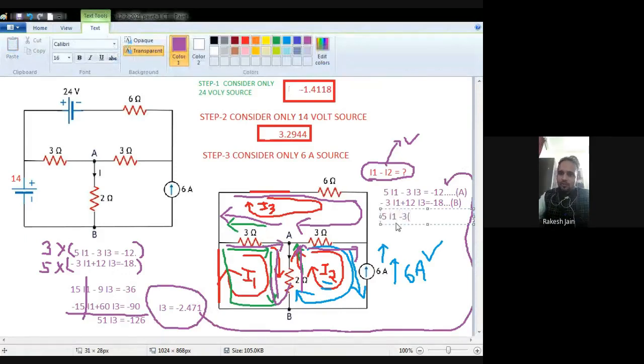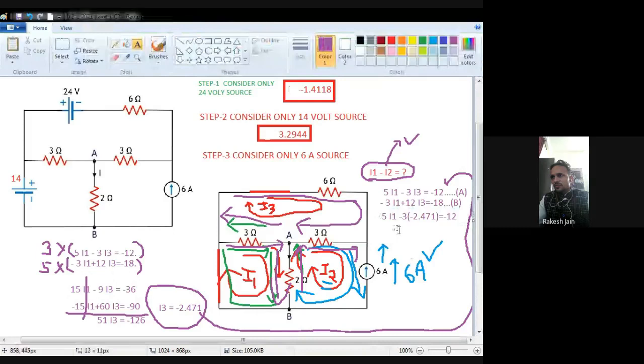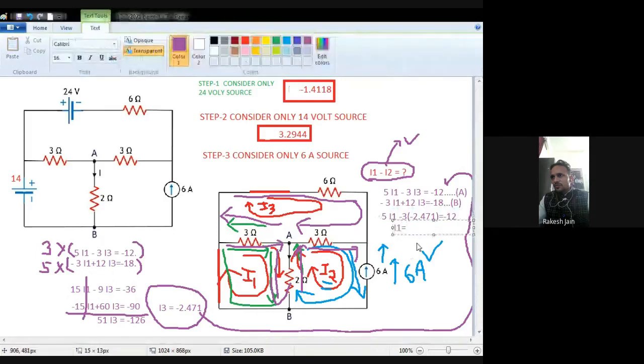So first, second and third equations are completed: minus 3 I1 minus 3 I2 plus 12 I3 equal to 0. Okay. Now the three equations are completed. Now see, we already found I2 is equal to minus 6. So just put this I2 value in equation number 1 and also put this I2 value in equation number 3.